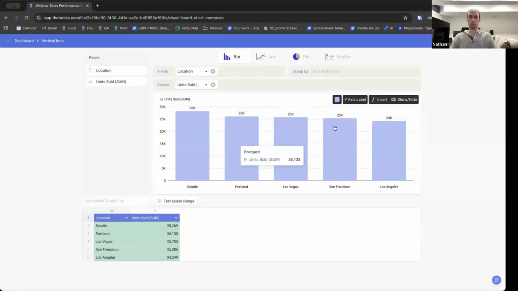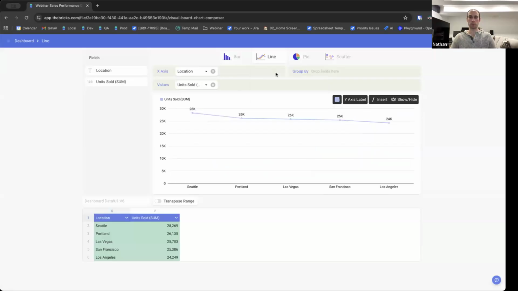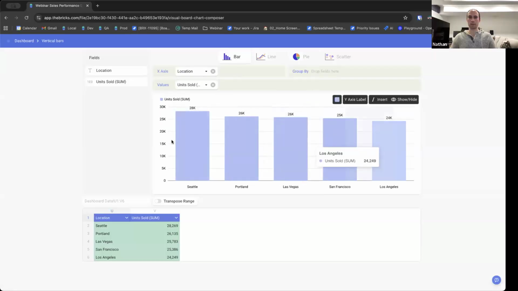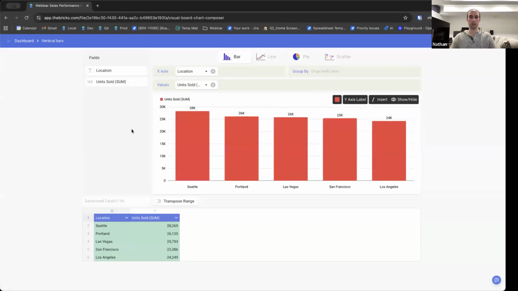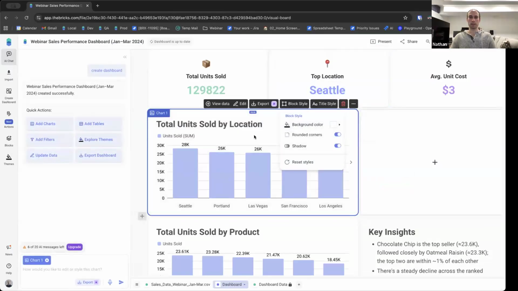And now I've got a whole bunch of options for changing just the chart stuff in here. I can change it from a bar chart to a different kind of bar chart. I can change it to a line chart, for example. If I wanted, I could make a pie chart out of it. Let's go back to bar. If I don't like the particular color here, I could change this to some other color, for example. And then we've got other ways to sort and filter and everything manually in here. But I'm just going to cancel that for now and undo this for a second